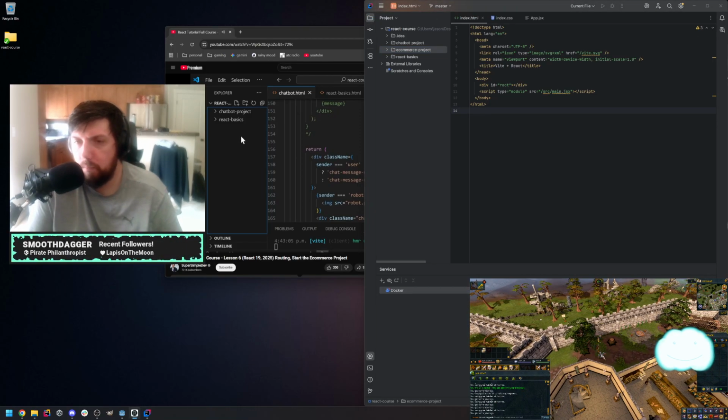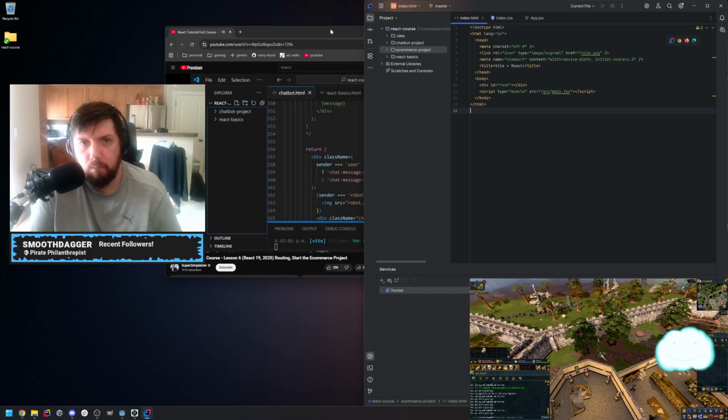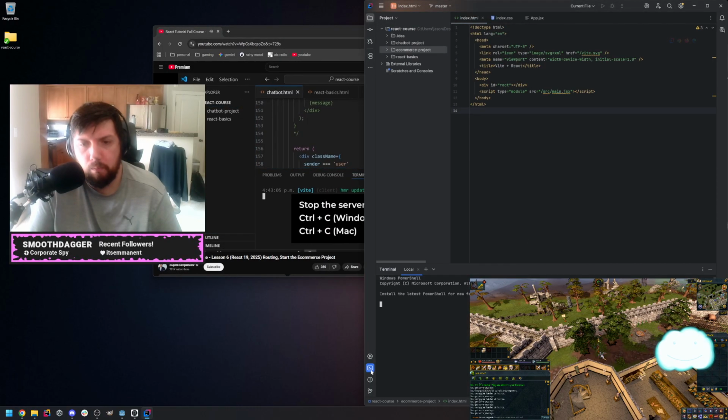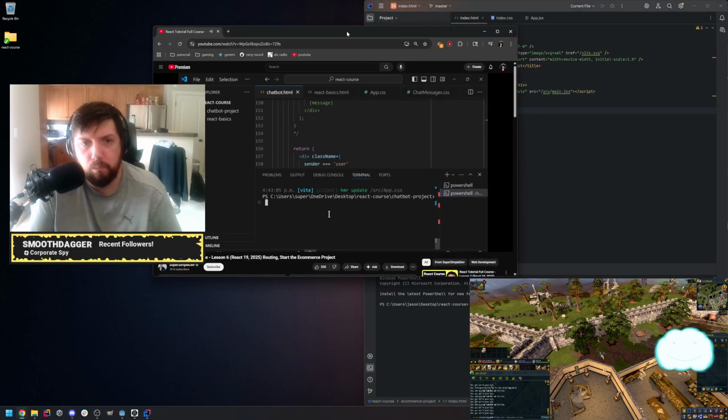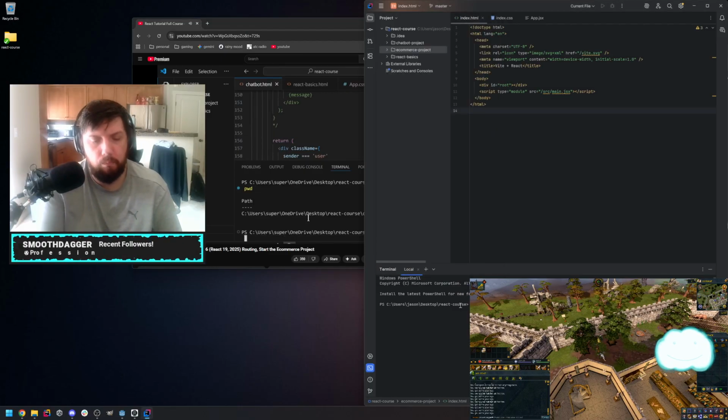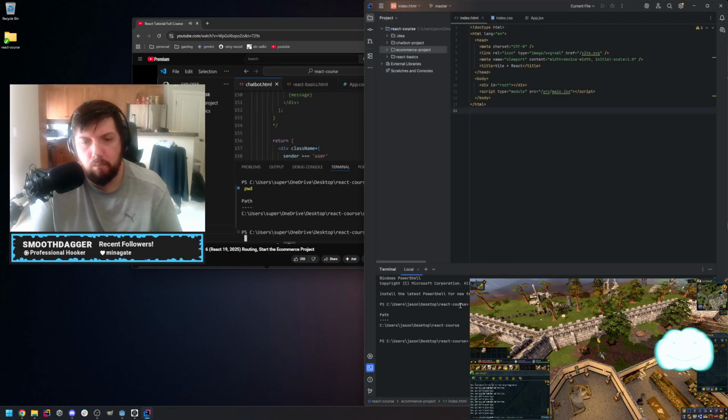Next, we're going to set up a new React project using Vite. To do that, we're going to go to our terminal. If you have the Vite server running, you can close it by pressing Ctrl-C on Windows or Ctrl-C on Mac. So if you're continuing from the previous lesson, the terminal should be running inside the chatbot project folder. To confirm that, we can run print working directory or pwd, and it will tell us that we're inside the